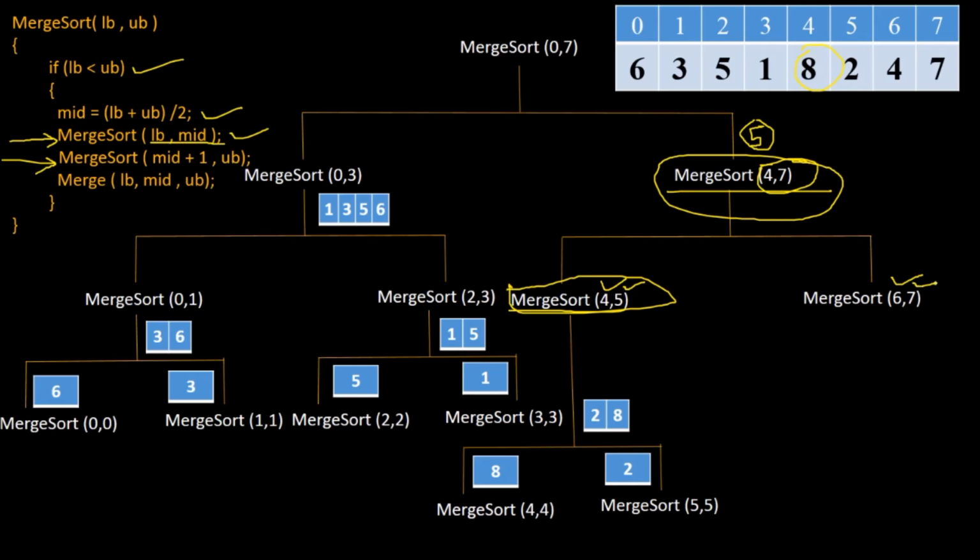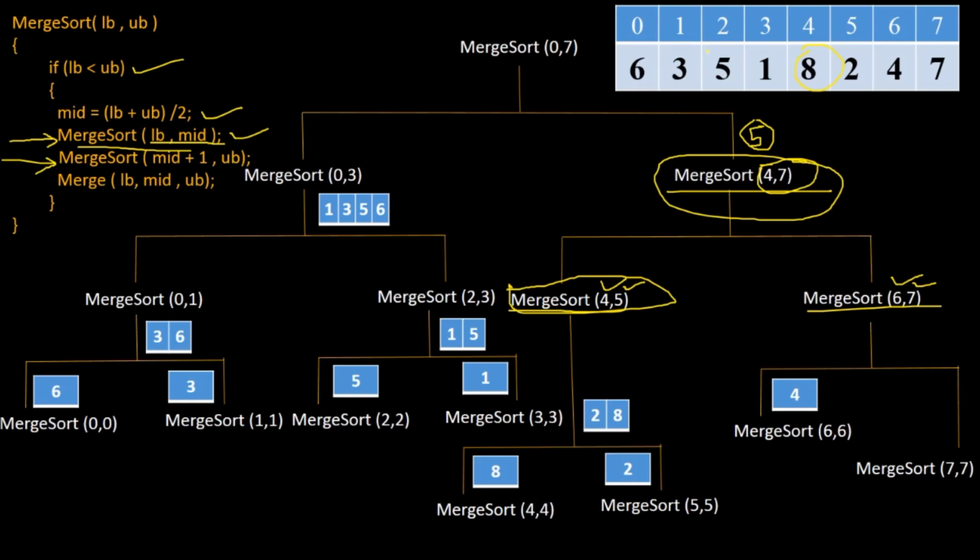When this function is called, again it will call merge sort lb comma mid, and hence its left part will be called, that is 6 comma 6. And now 6 comma 6 will give you the sixth index element, that is 4, and 7 comma 7 will give you the seventh index position, that is 7. 4 comma 7 will be merged into 4 7.